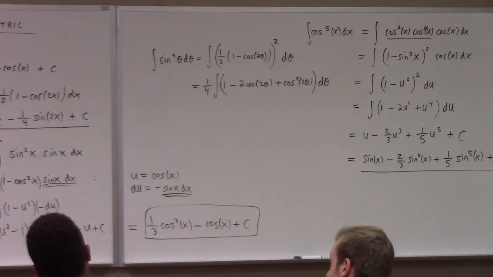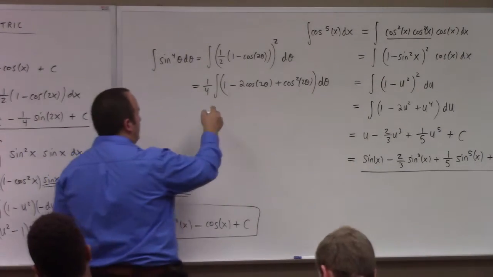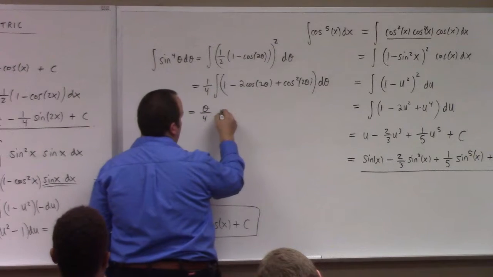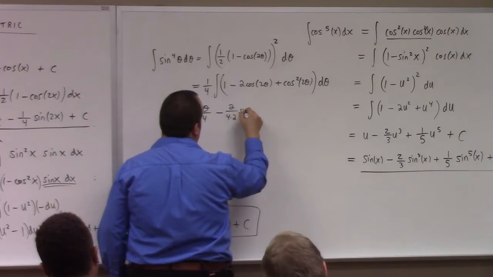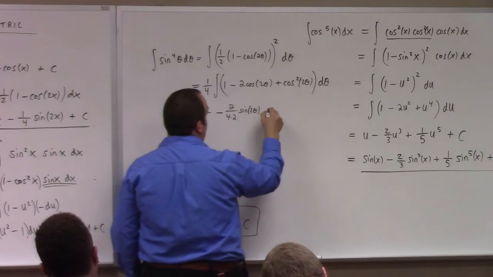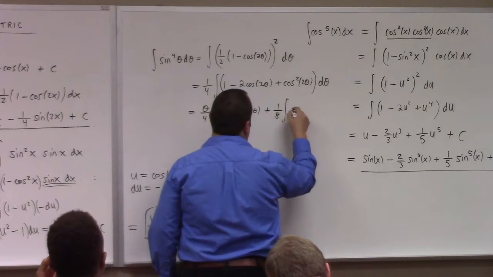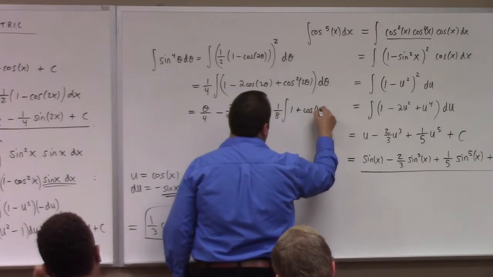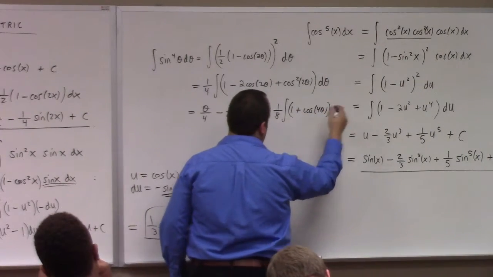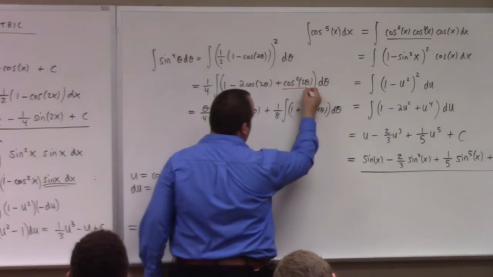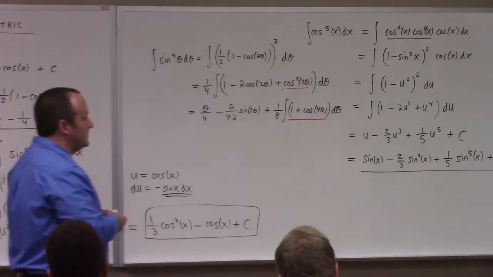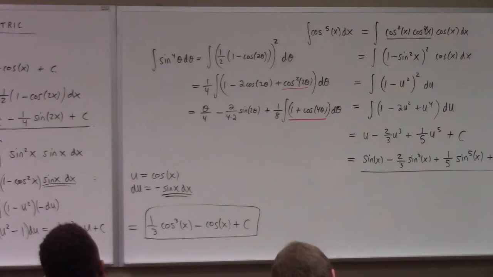well, we got to use the half angle identity again. So this gives me theta over 4 minus 2 over 4 times 2 sine of 2 theta, and then plus 1/8 the integral of 1 plus the cosine of 4 theta d theta. So this guy right here, I expanded using the half angle identity. See, the 2 theta times 2 becomes 4 theta, and it pops out that 1 and another factor of 2,